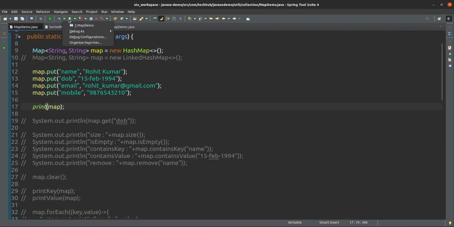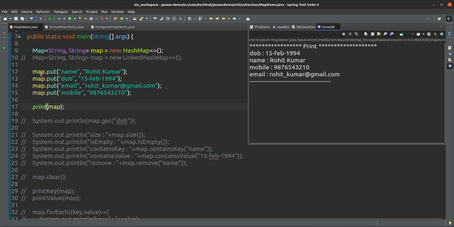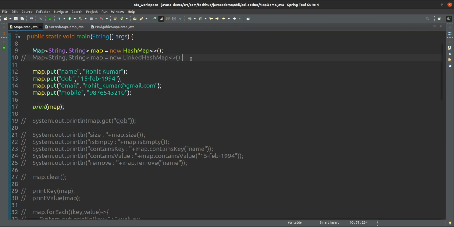What will be the order? The order is not how you added. First you added name, but name is the second one. Second was date of birth, but that is coming at the first index. Email is third, but it is coming last. Mobile number is last, but it is coming at the third position. So the sequence or order is not the same as how you added into the map.